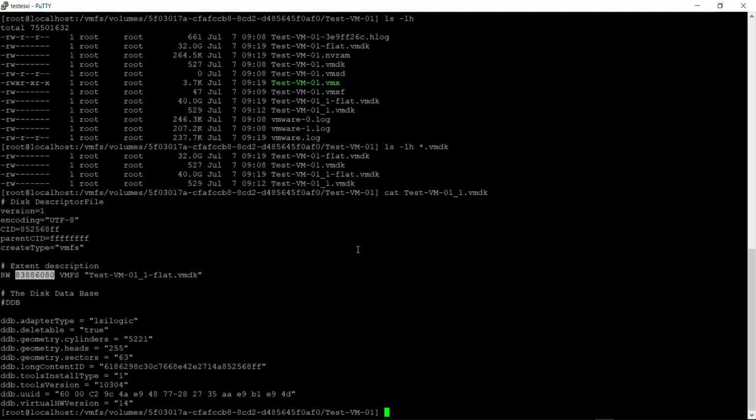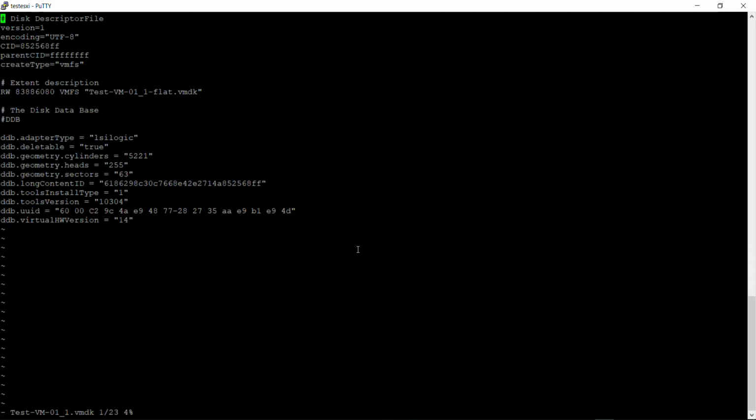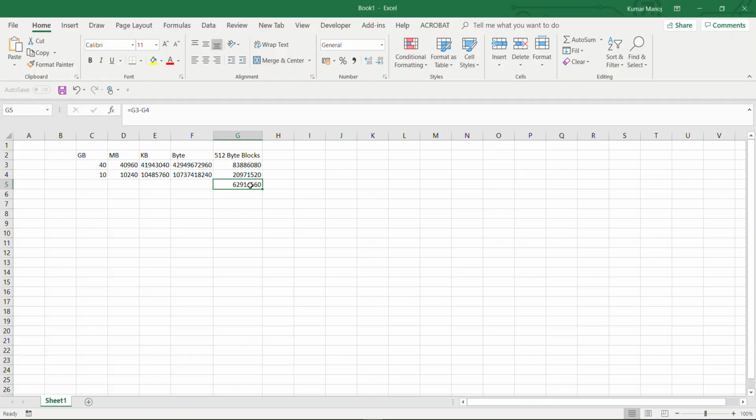So we will edit the file here and change this value to the remaining blocks.